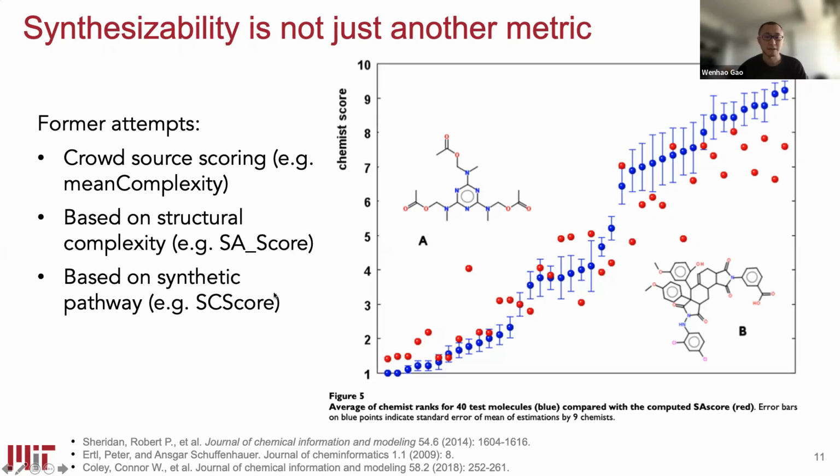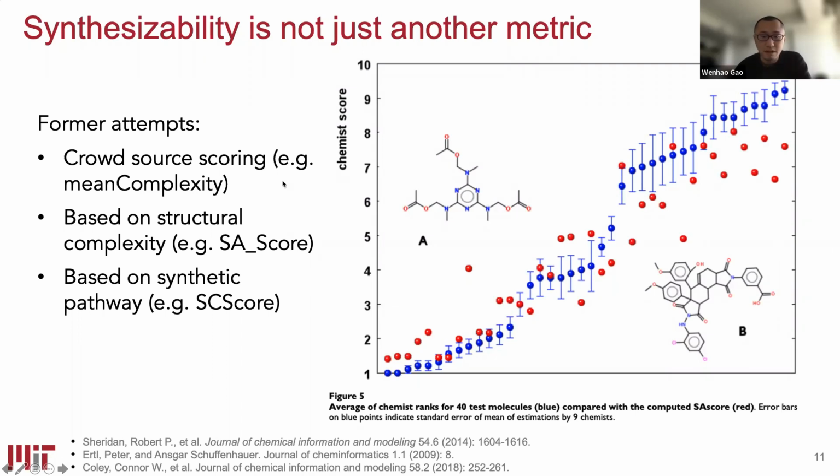And the third class is based on synthetic pathway, like SA score, which is a deep learning method trained to distinguish if a molecule tends to be a reactant or a product. And for the reactants, because they require fewer reaction steps, we think they are easier to synthesize, which is a chemical intuition. And among the three, the most convincing metric is still